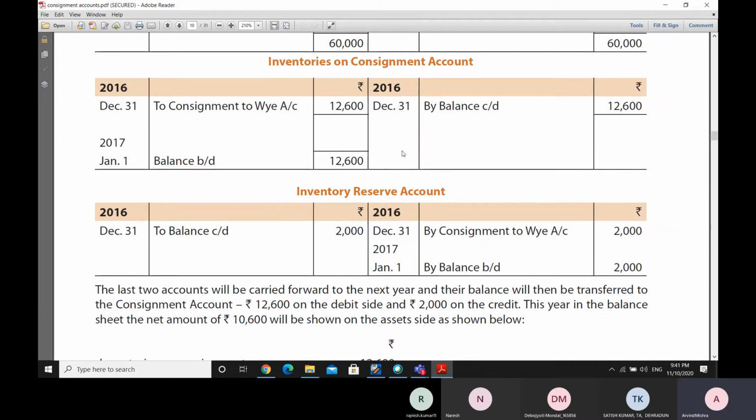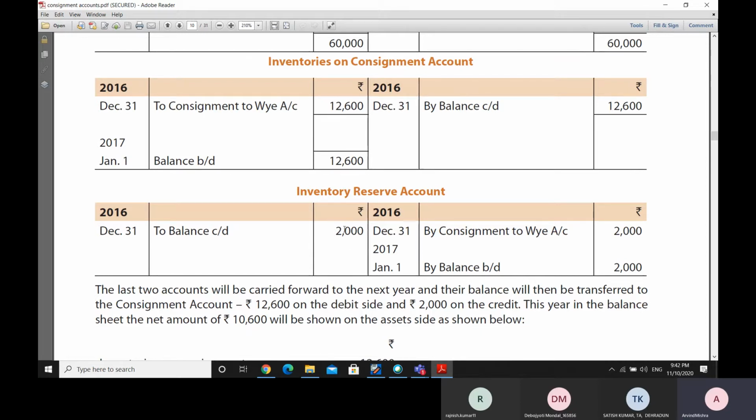So the 12,000 inventories on consignment account. The inventories on consignment account will become part of the final inventories of 12,600, and 2,000 will be on the liability side. So when we look at the balance sheet, these inventories which are remaining are going to the asset side, getting added to the asset side of the balance sheet, and this 2,000 rupees getting added to the